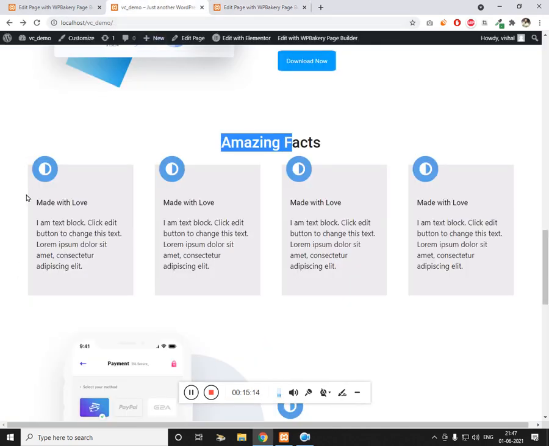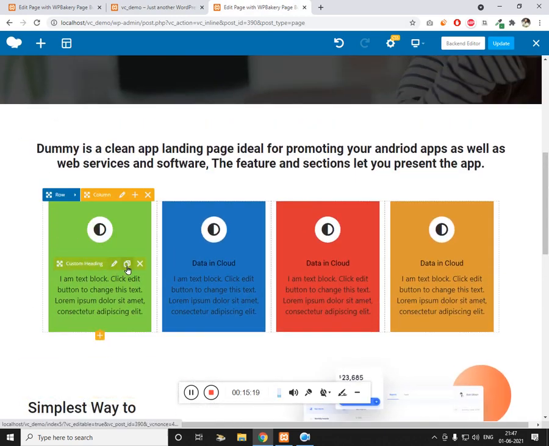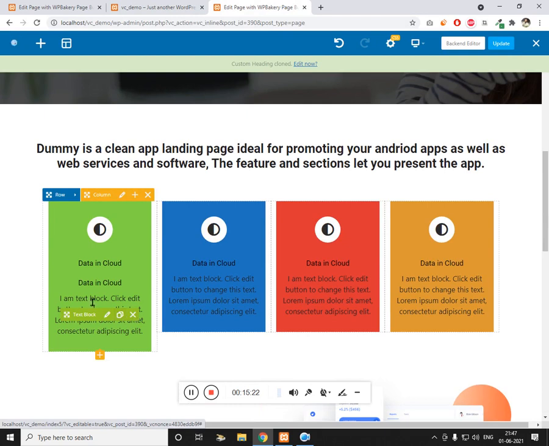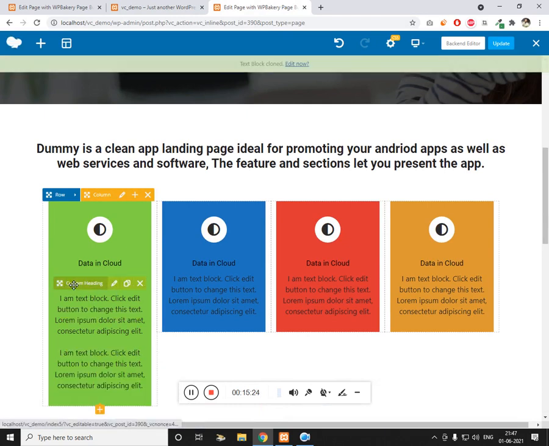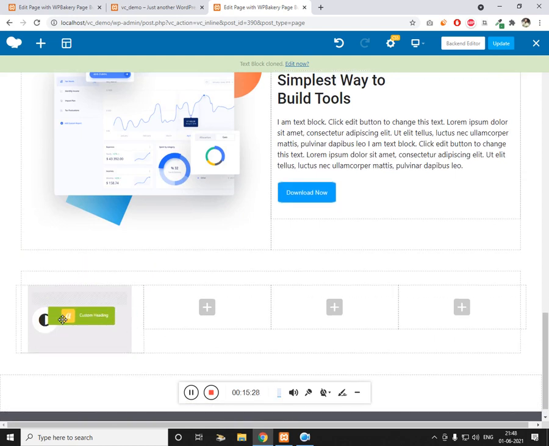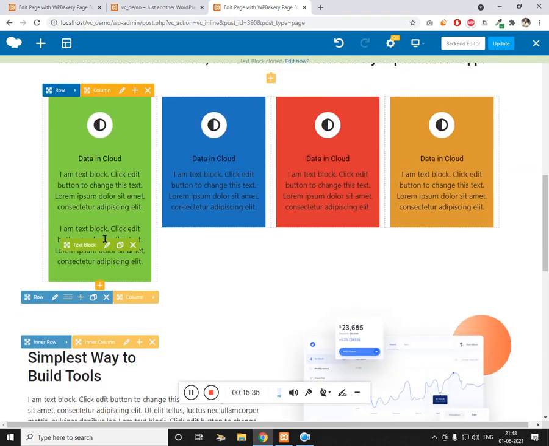And now what we need is the two text blocks. We'll just copy it from here just to save time. Drag it and place it inside, the same way.